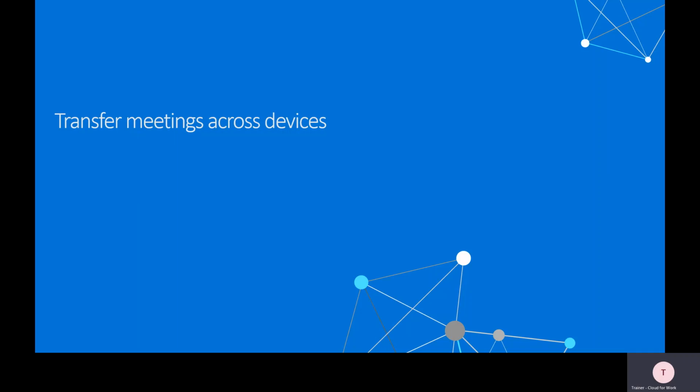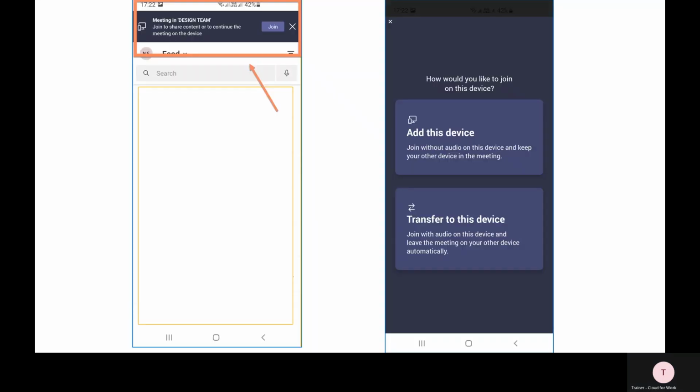And now I will be showing you how to transfer meetings across devices. Once you have opened your mobile phone and you have already logged in with your meeting from your laptop, you will be able to join the meeting, and you can see this message directly. In this case, you can choose either to add this device for the meeting or to transfer totally to